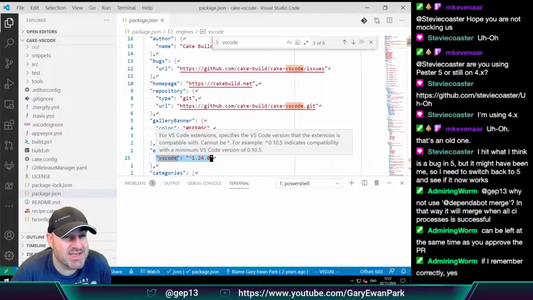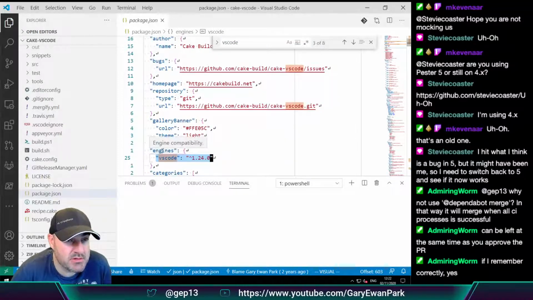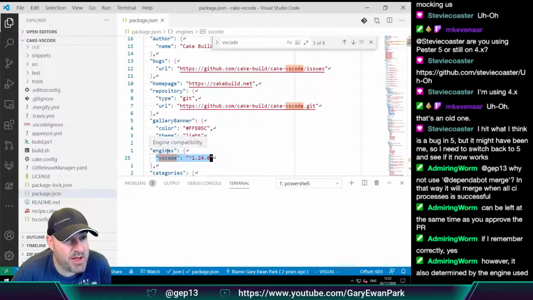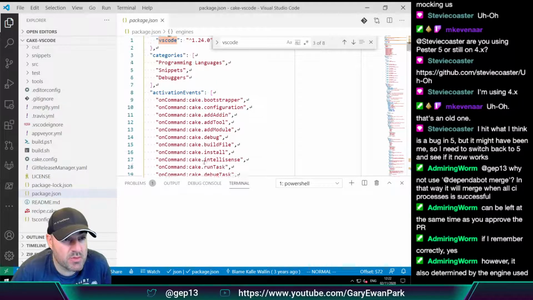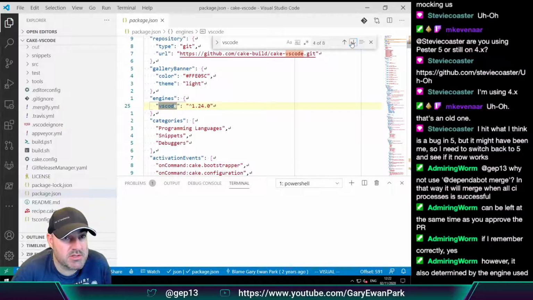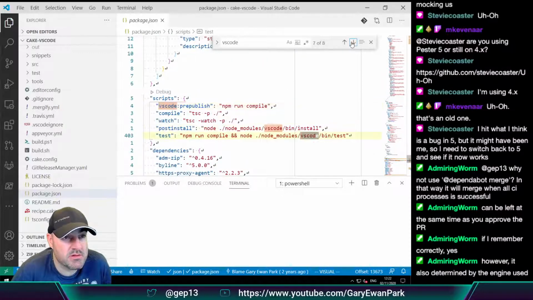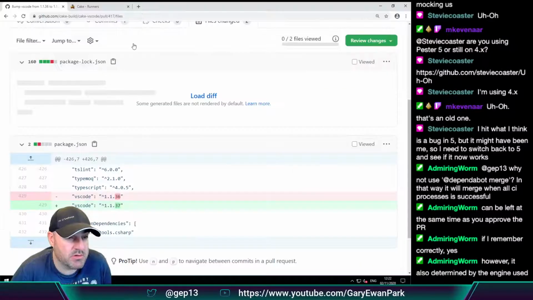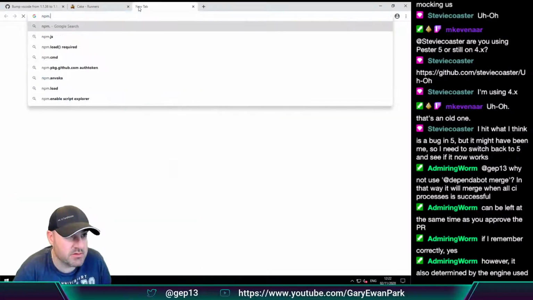So it's either the engine, or it's maybe that one, the engine compatibility. It's maybe that one that we want to leave, whereas this one is the VS Code package. So if we were to go to npm.js,